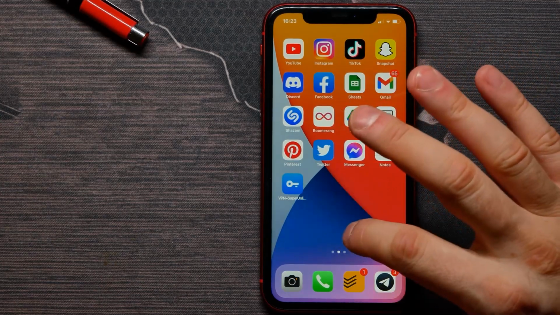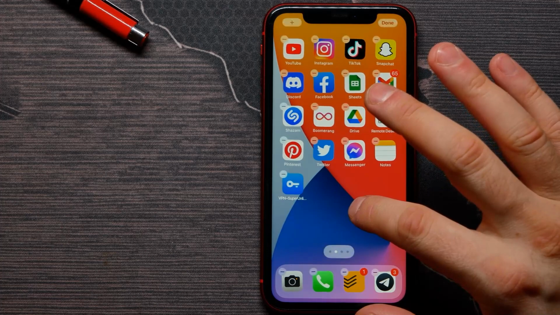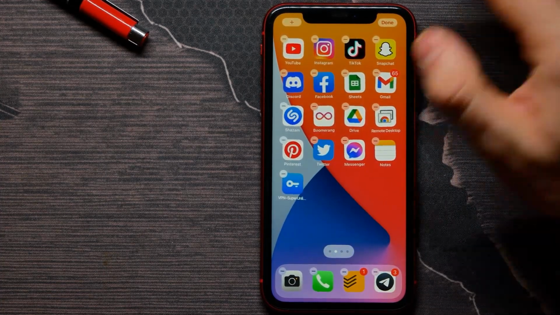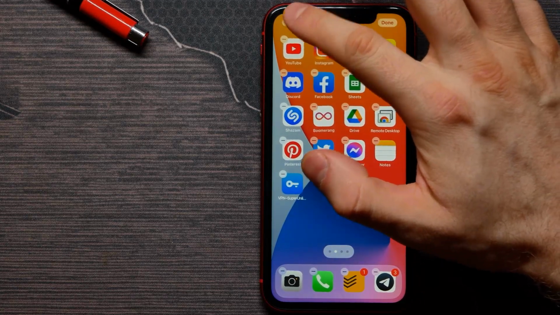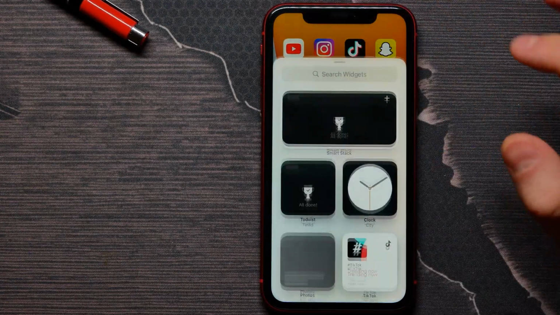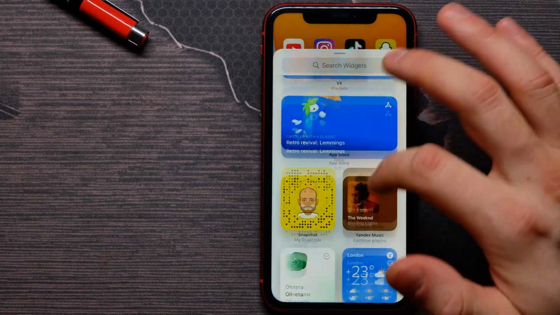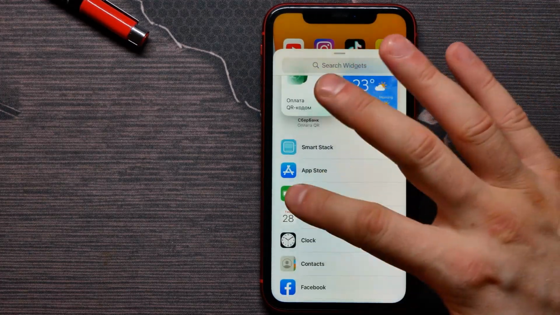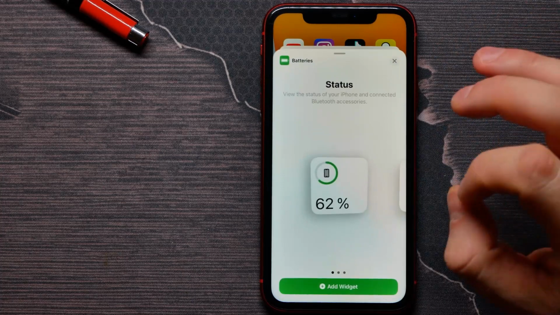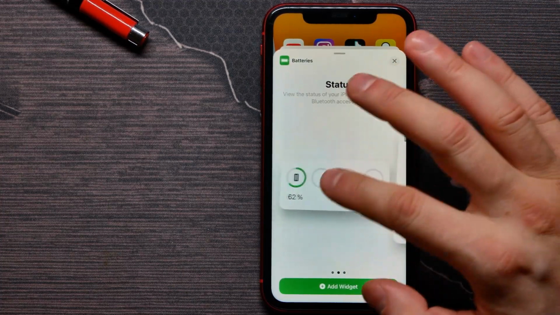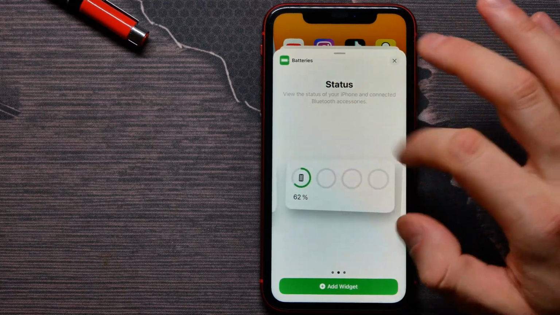and hold on the free space of the screen to edit this screen, and then you need to tap on this plus icon at the top left, and we need to select the battery widget. Here it is, and then we can swipe to the left or to the right to select the exact type